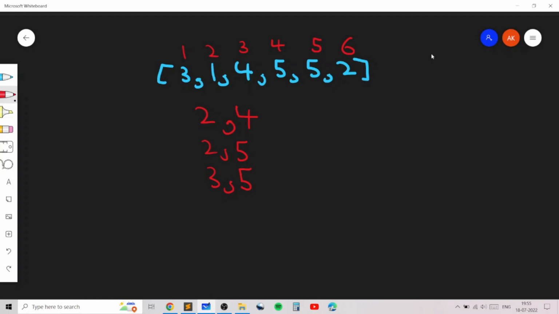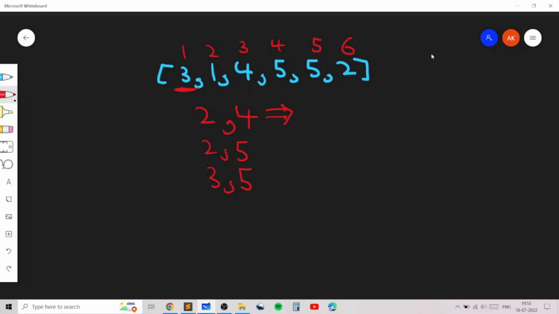because it could be the case that for one of the possibilities the answer is more and for the other it's less, so we don't know which one would be the optimal one. And that's why let's just enumerate all of them in the beginning, and then we'll figure out a way to speed it up. So when we have the case of 2 comma 4, in that case the answer will